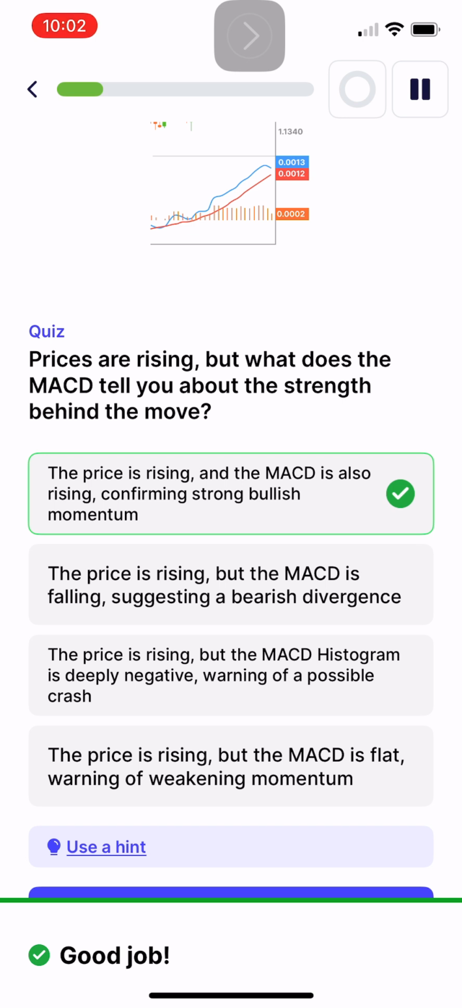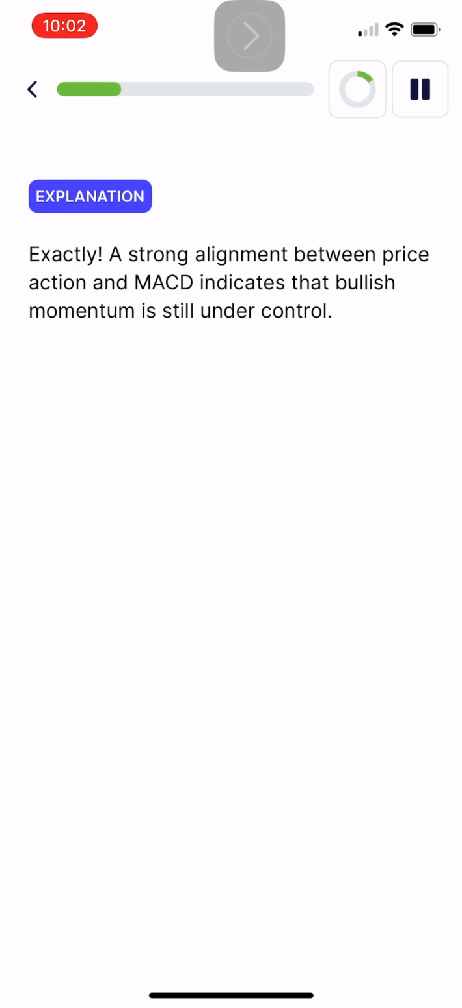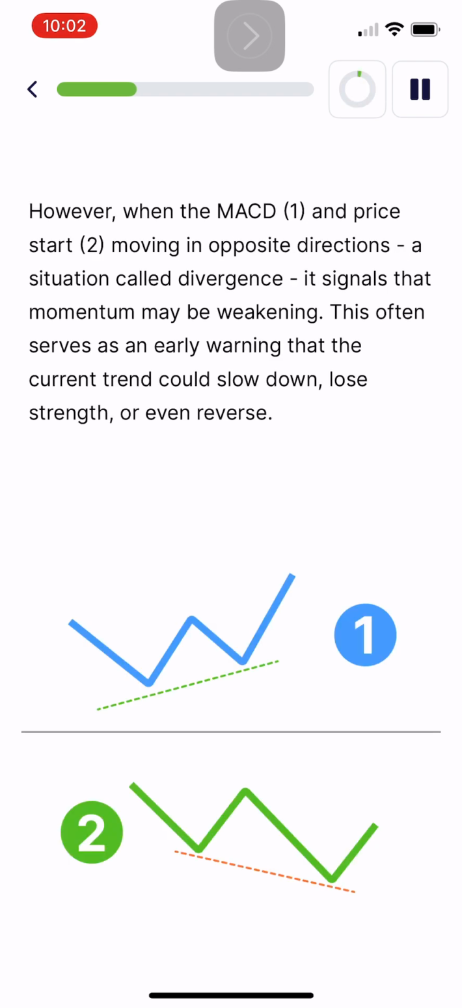Yes, you're right. Exactly. A strong alignment between price action and MACD indicates that bullish momentum is still under control. However, when the MACD and price start moving in opposite directions, a situation called divergence, it signals that momentum may be weakening. This often serves as an early warning that the current trend could slow down, lose strength,